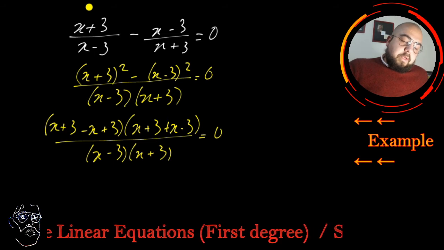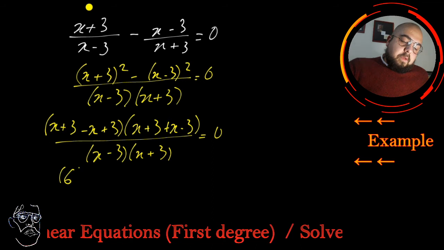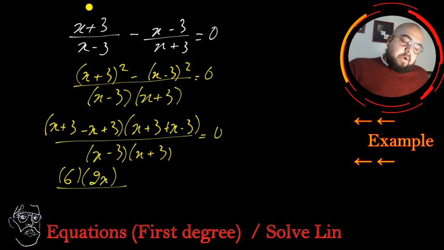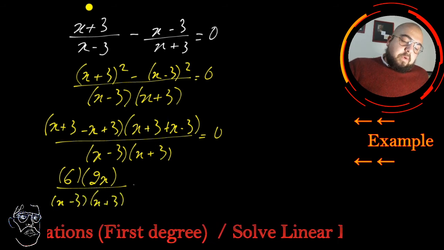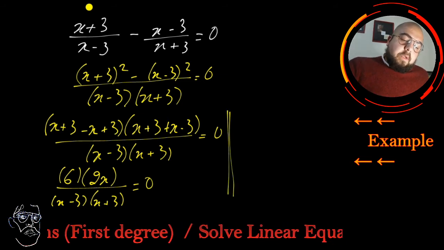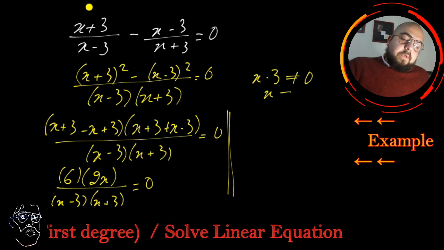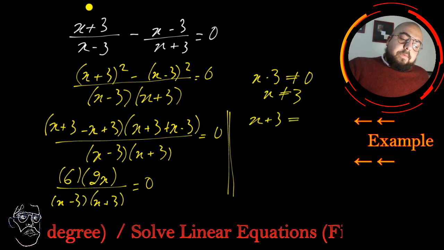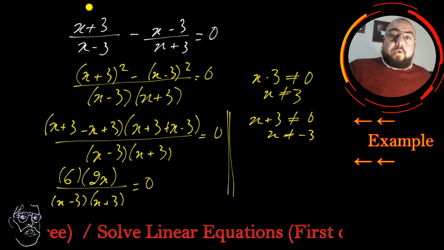I will have to rearrange it, so it will be 6 times 2x over x minus 3 times x plus 3 is equal to 0. Now, I should be talking about the condition that x minus 3 should be different than 0, x different than 3. Similarly, x plus 3 should be different than 0, x different than minus 3 in order for this fraction